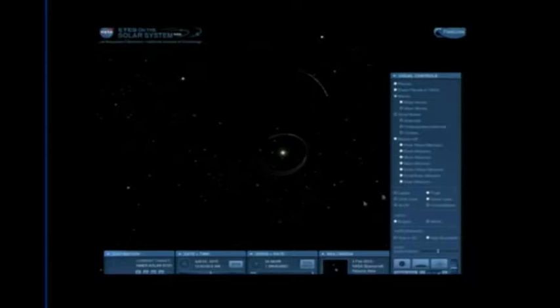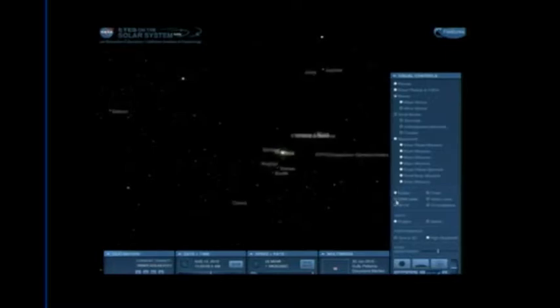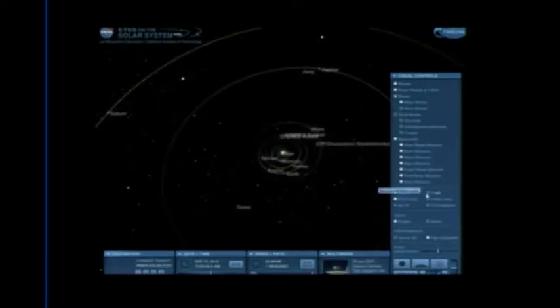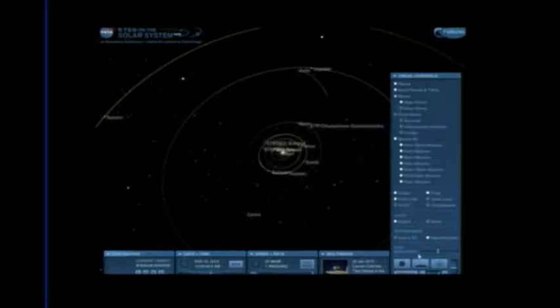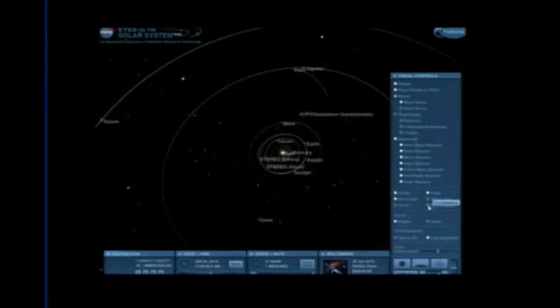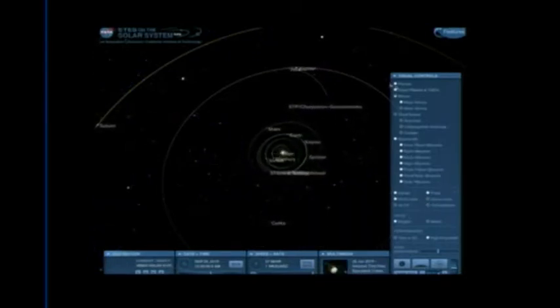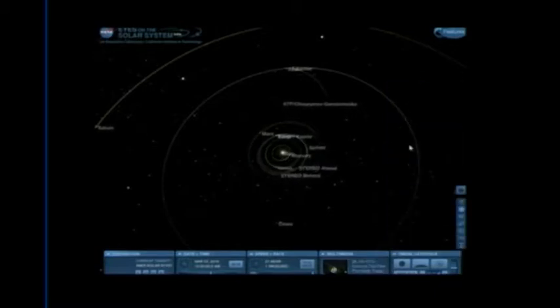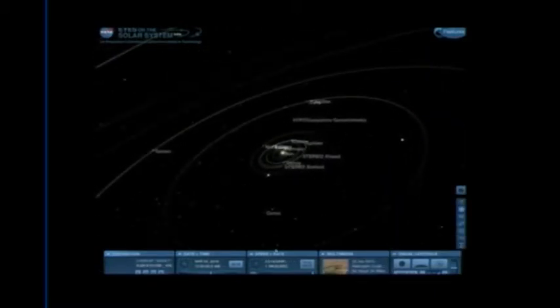Get the idea? So look, the capability is pretty powerful. I'm going to go ahead and put things back to normal. Put orbit lines on. Put the trails back in. Okay. So visual controls, have fun, play with those. View in 3D or not. Oh, by the way, constellations. Okay. We'll get back to those in a second. It's kind of my grand finale with the constellations. All right. So you get the idea how this works.